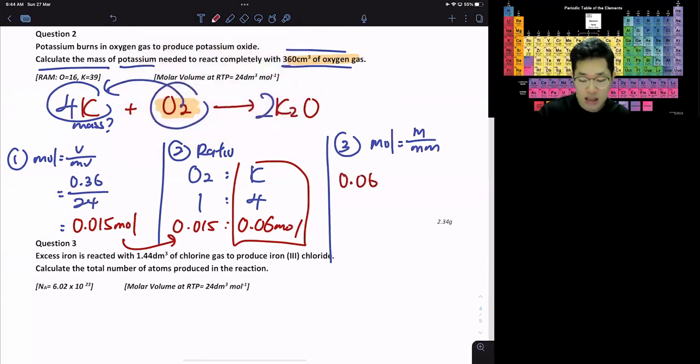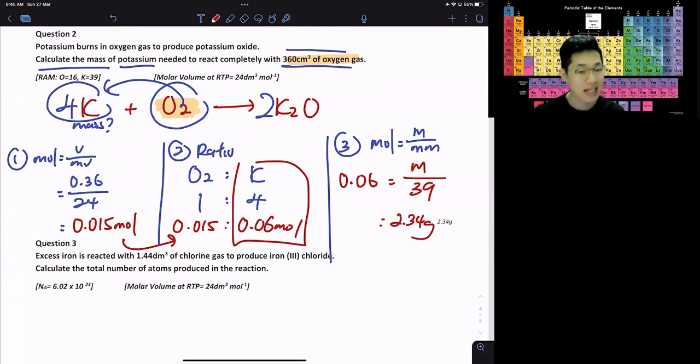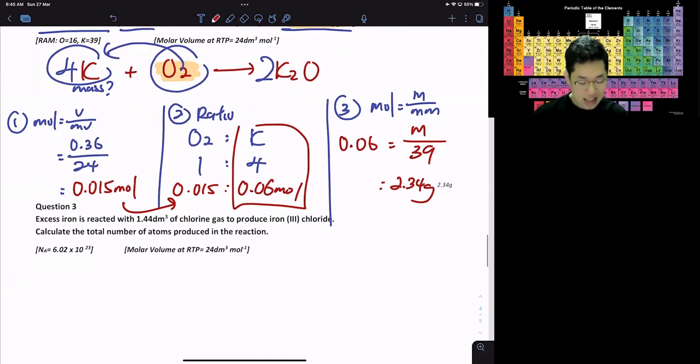0.06 is equals to mass over molar mass of K. Remember, molar mass of K is 39, given here. You will be able to get the answer 2.34 gram. Just like that. Next,